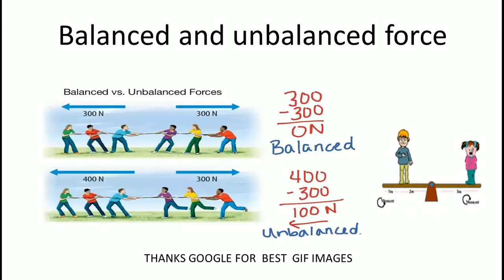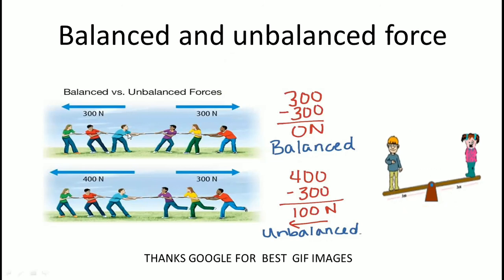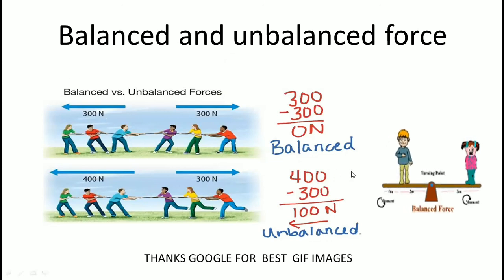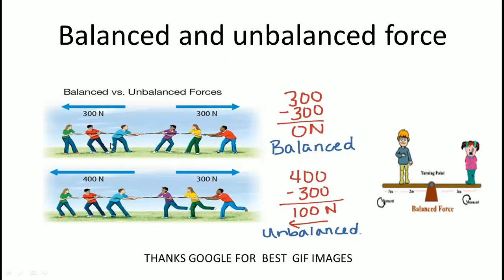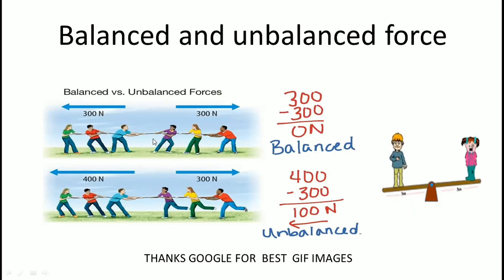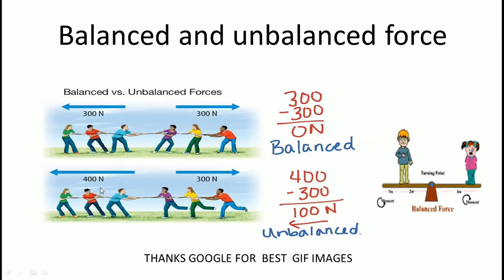Then you have to see balanced and unbalanced force. Here you see one diagram of balanced and unbalanced force, and in another diagram you see a seesaw. In this first figure, suppose there is 3 Newton on one side and 3 Newton on the other side. Then this is the first step, a balanced force. And again you give here 400 newtons and 300 newtons. There is a 400 newton push there and a 300 newton person. That is the unbalanced force.